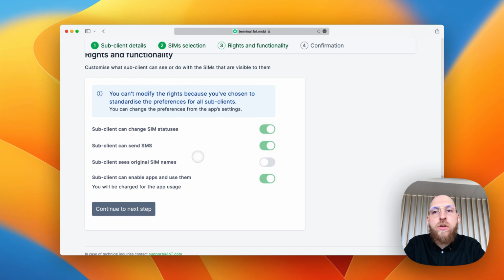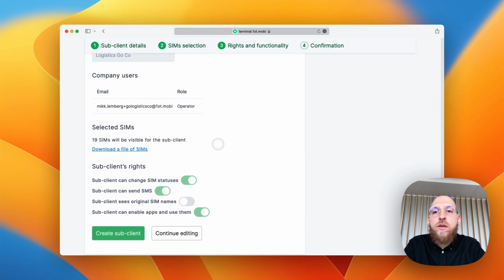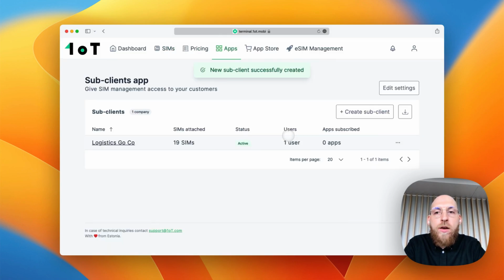And then the third step is about the rights and the functionalities that they are able to do on the platform. Since we have made it the same across the board, there's nothing that I can edit here. And now when I'm ready to actually confirm and create a SAP client, it means that this email, the first user of the SAP company, is going to receive a welcoming email which allows them to generate the password and get access to the platform. So I'm going to do it right now, pause the video to go through my emails, and we'll resume back when I'm creating a password.